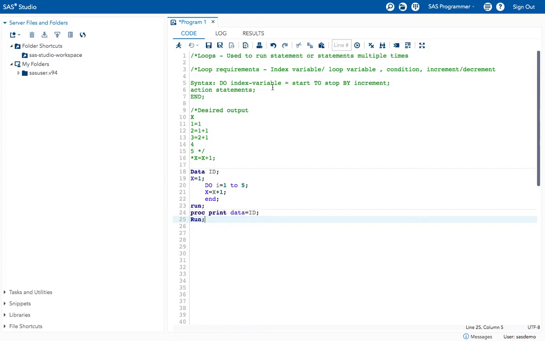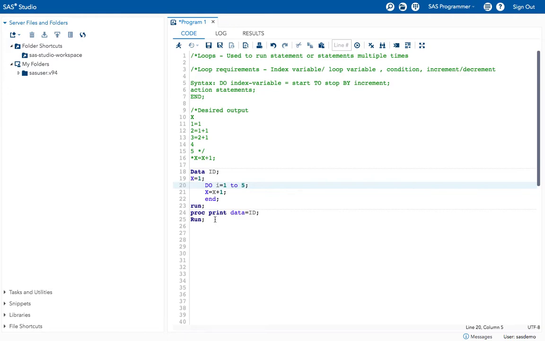It is the one which stores the value of the current iteration of the do loop, and can be any valid SAS variable name. Here I have taken I, but it is common to use a single letter, with I or J being the most commonly used index variables. You can use anything as the index variable, but most commonly used are I and J.